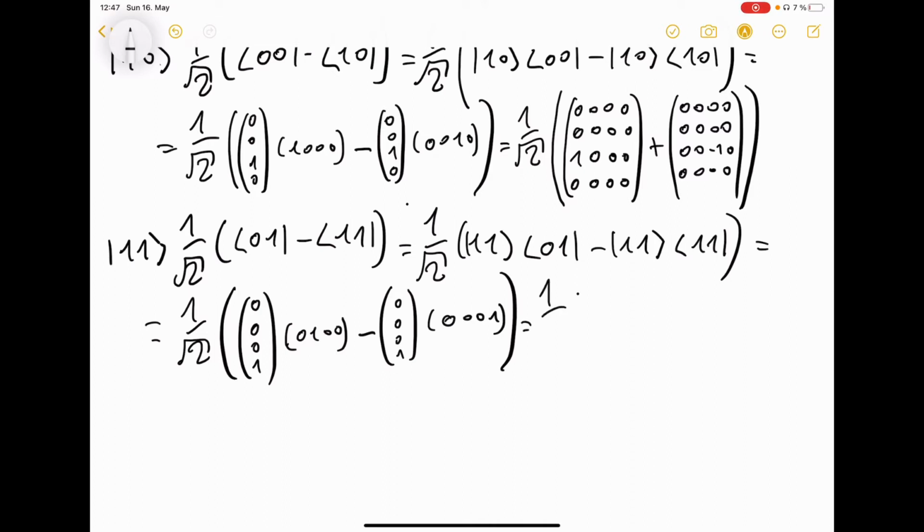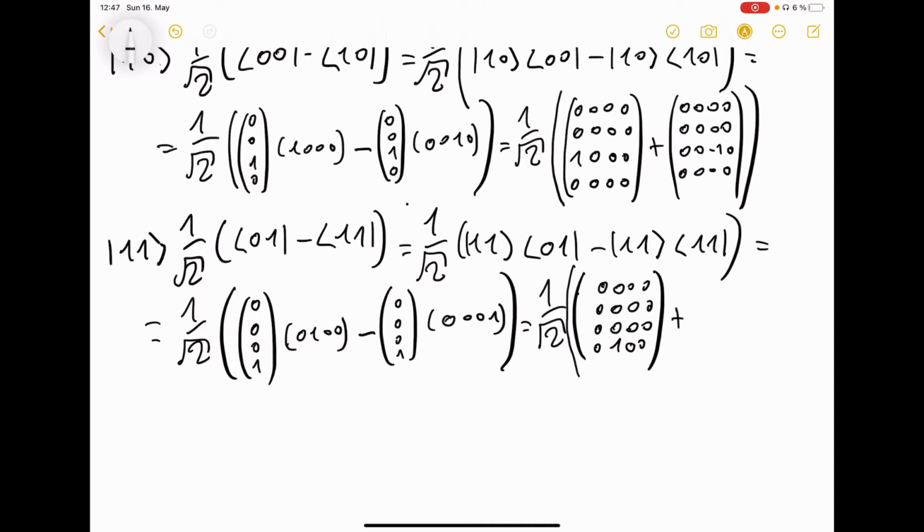If we multiply that out, then we get, for the first one, all zeros in the first row, all zeros in the second one, all zeros in the third, and we get 0, 1, 0, 0 in the fourth. And then